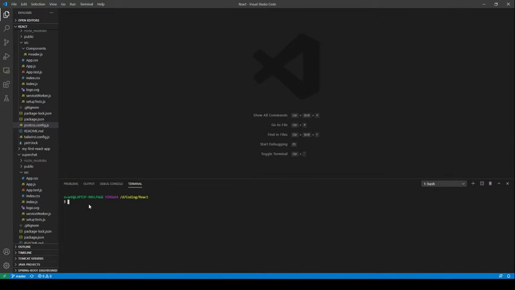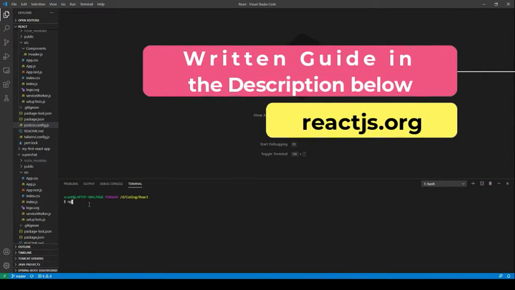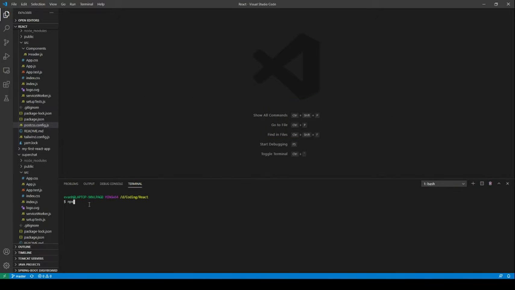So the first thing you're going to want to do to install your React app is type npx, and that is not a typo. With the new npm 5.2, you get a package launcher with this command, and you're going to want to use create-react-app. That is the package that comes with this, and what this will do is it will create a brand